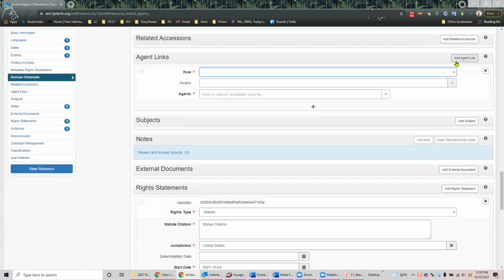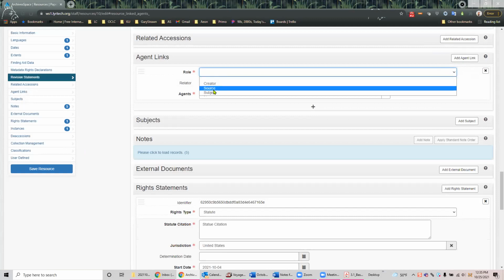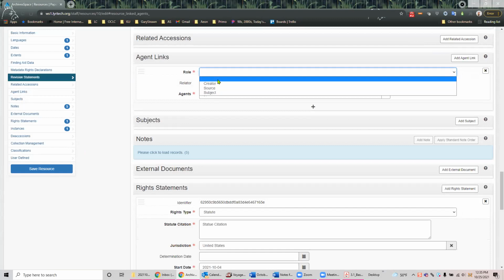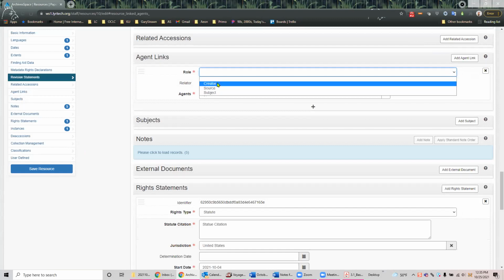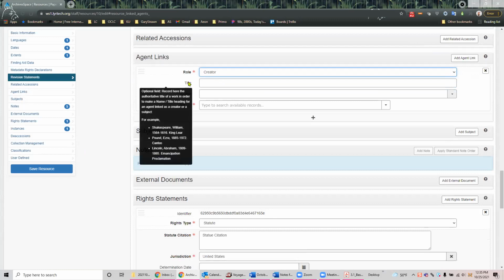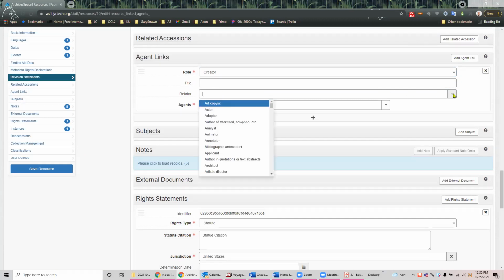We would add an agent link, and we would specify a role. So is she the creator, source, subject? If she's all three or more than one, you would just create multiple agent records. So we're going to go ahead and say she's the creator. This title here, this is actually where you would put in Romeo and Juliet if you wanted to include a name title sort of thing. The relator is a drop-down list. It's another one of the, I don't know if it's an ISO standard, but I know it is a MARC list of